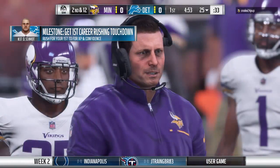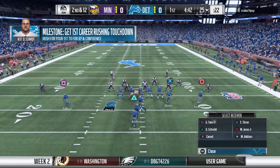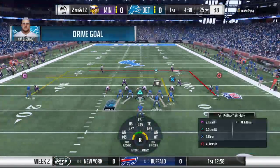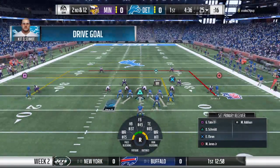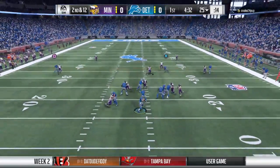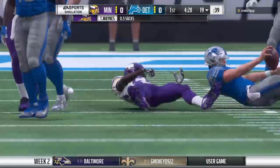So the Lions go backwards there, and unfortunately that's something they saw a lot in 2015. They had the fewest rushing yards of any team in the NFL, and it's one of those dubious titles that no one really wants to claim. Even teams who say, well, don't worry about running it because we throw it all the time, being able to run it when you want to matters. A pressure coming from the Vikings, and they get there